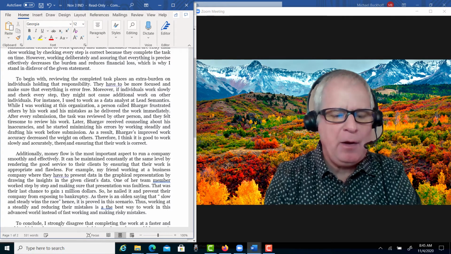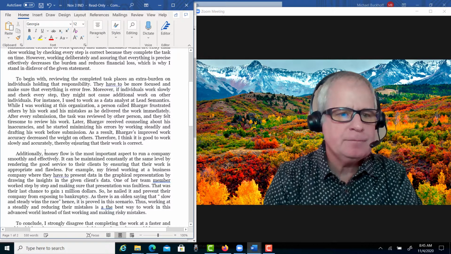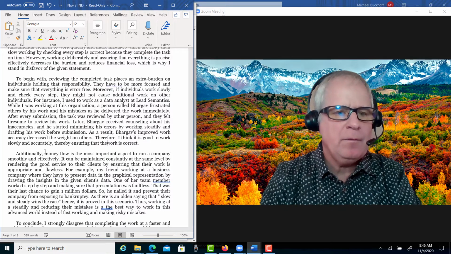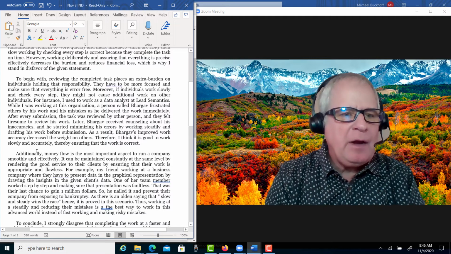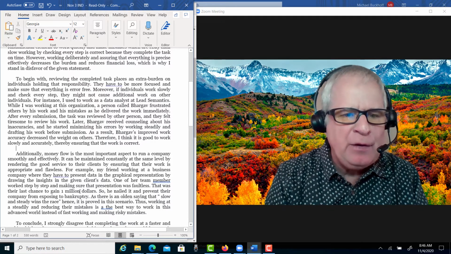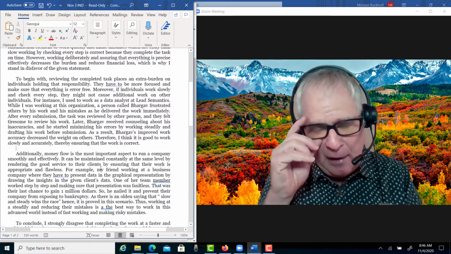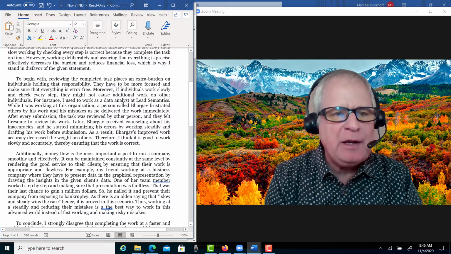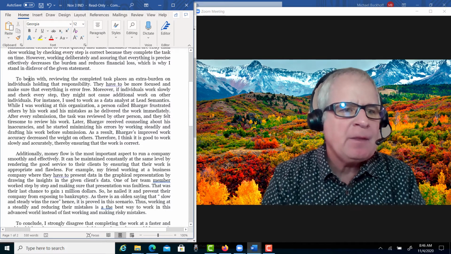Then maybe thereby, maybe ensuring that the work is correct. Okay, so I just have to, there's too many errors in here. If I do the next paragraph, I have the same thing. You have good development. Your examples are really good, but you have to get a little bit better control over the sentence structure. I'll read it one more time.